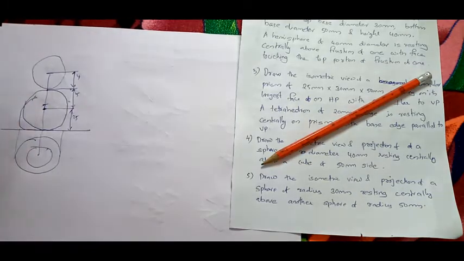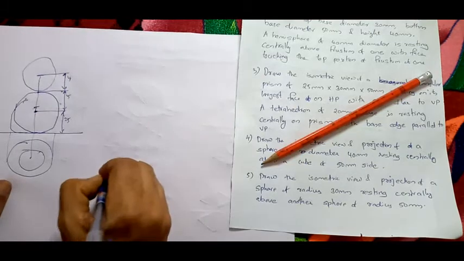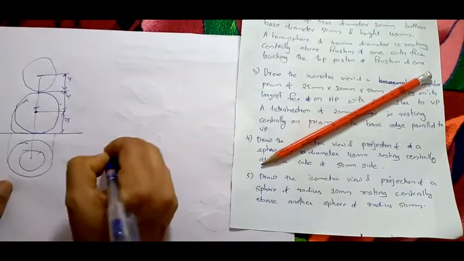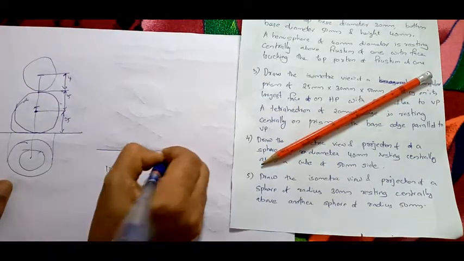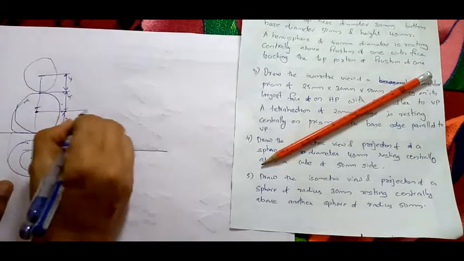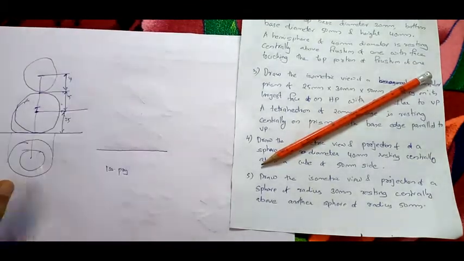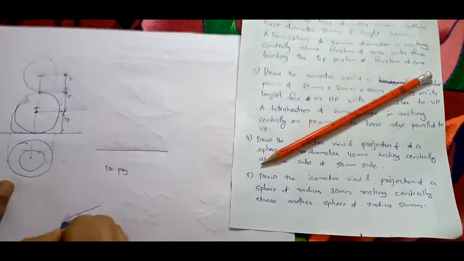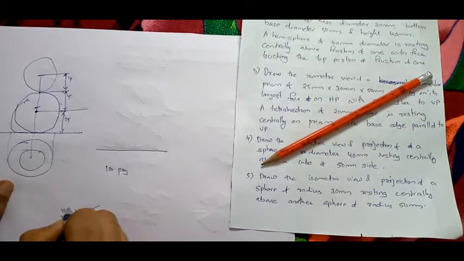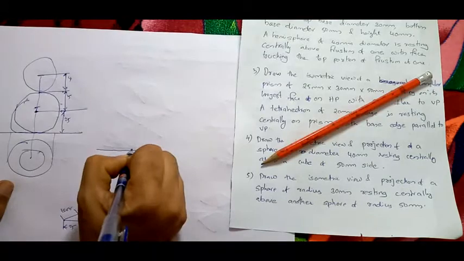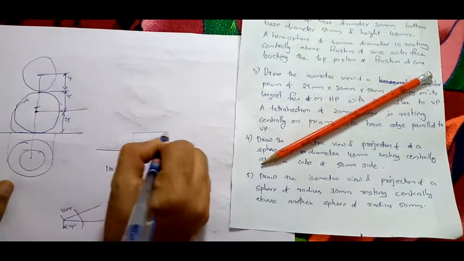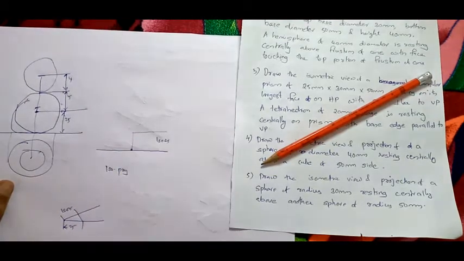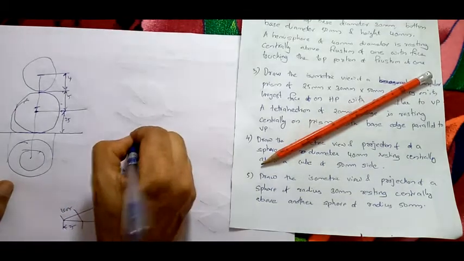So that is the top view. Now how to draw the isometric projection? First we will be drawing the isometric projection. So first we will draw the baseline. Baseline is drawn. Now this will be the center to center distance, right? Center to center distance is 25. So I have to take the scale of 25. So take 25, 45 degree. This will be ISO 25. So from this point, first we'll be taking ISO 25. So we are drawing an ISO of 25.